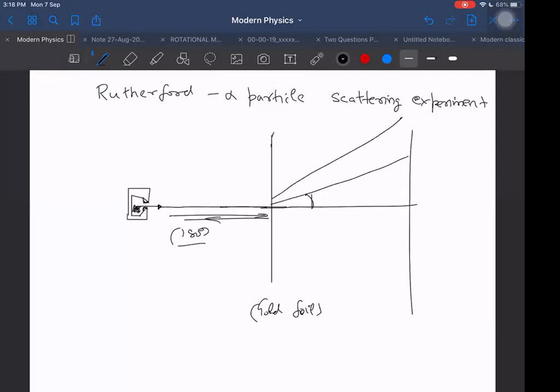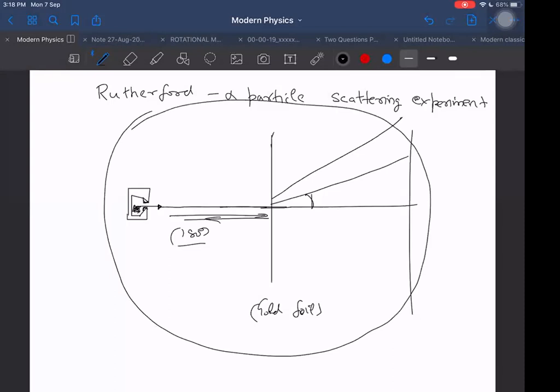He is able to detect all these alpha particles by placing a circular screen. On the circular screen, he was able to see when the particles were hitting, because some spark or fluorescence was there on the screen. As a result, he was able to detect where the particles are hitting. Most of the particles were hitting directly head on, in the same straight line. Some were deviated, and some were strangely enough deviated by 180 degrees, the opposite angle also.